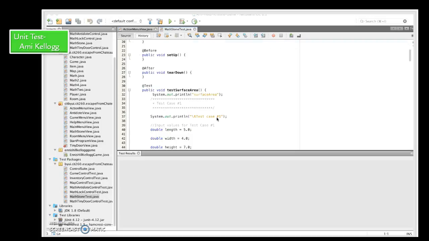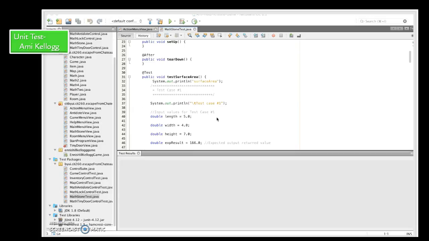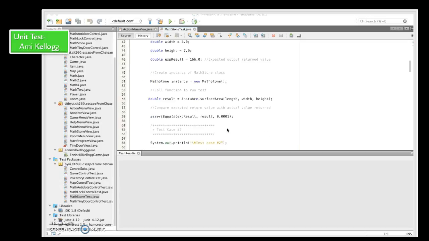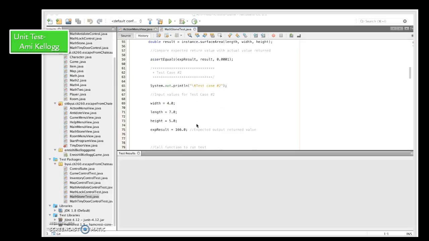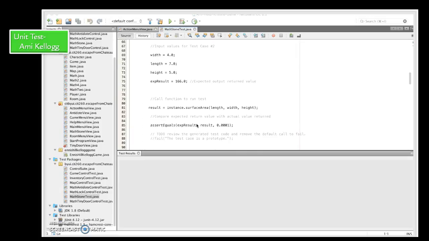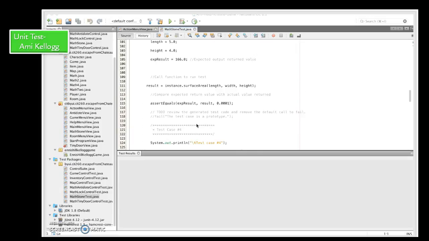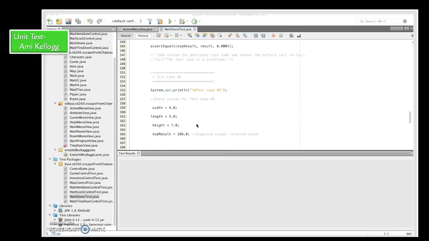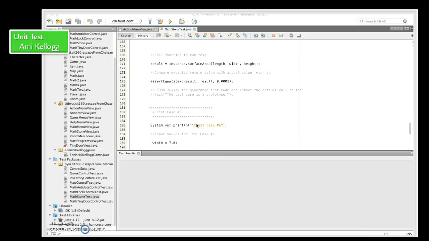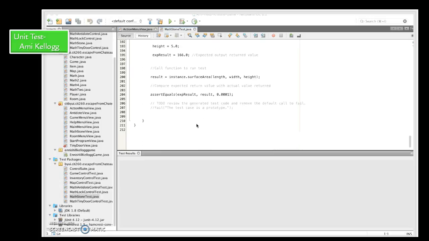Since the answer is 166 no matter what order the numbers are in, it's making sure they identify the correct order for the equation, which is the length is 5, the width is 4, and then the height is 7. For all my different tests, I went through and did all of the different combinations of numbers that you can have for this problem. Yes, all of the results are 166,